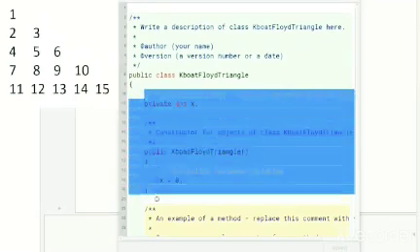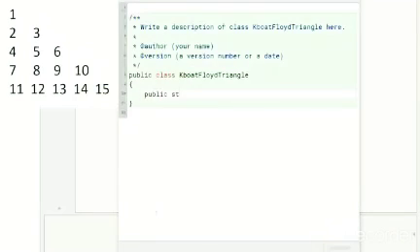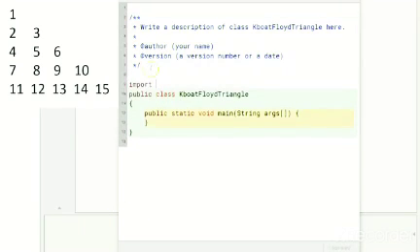Let me remove this code and add the main method. I need to ask the user for the number of rows, so let's do that using Scanner class. First, I will import the Scanner class.